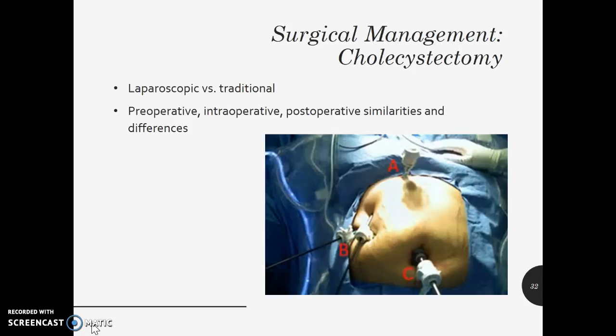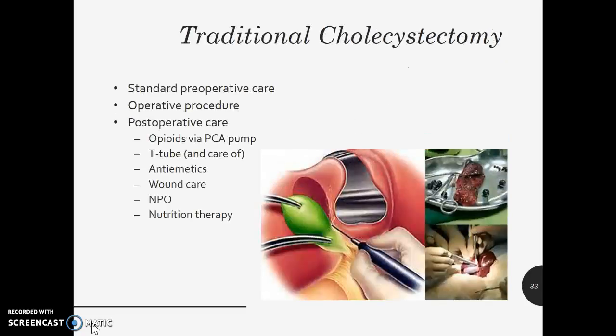But they're usually up and at it and mobile and usually going back home in a day or so. So the care is a little bit different between the two. This is more the trajectory for a traditional cholecystectomy. It's the standard pre-op care that we typically see, and it is considered a full operative procedure because they've had